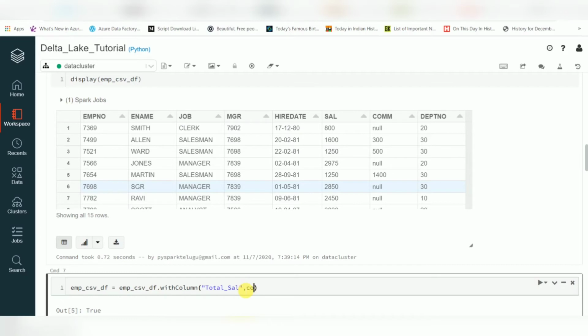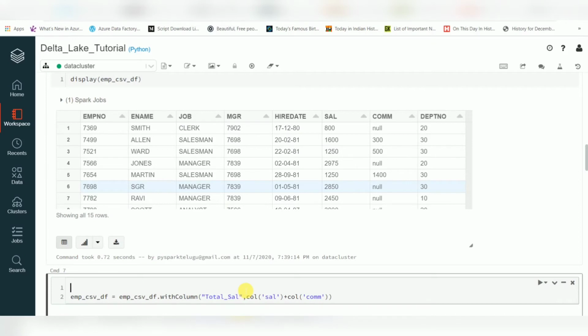Let's see, salary plus commission. I'm going to import col from pyspark.sql.functions.